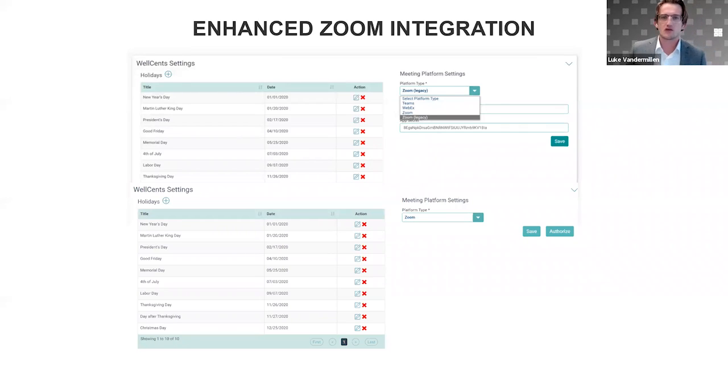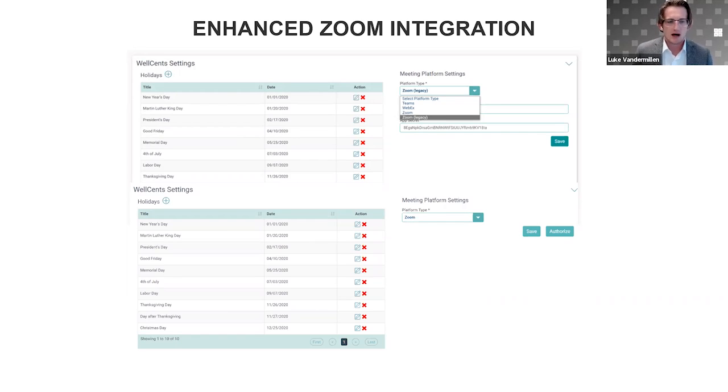traditionally, the way that we've integrated an advisor's Zoom account with WellSense is the admin on the Zoom account for the advisor would have to go in and go through a few steps to pull these couple of credentials. It's basically 2 passwords from the Zoom account of the advisor. And we've been working with Zoom over the last few months to enhance this process, not only make it easier for you as the advisor to get everything set up, but also making it more secure and streamlining the integration